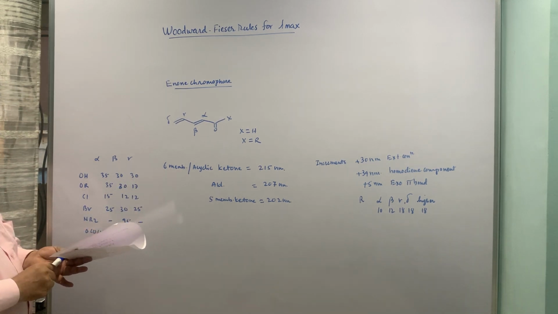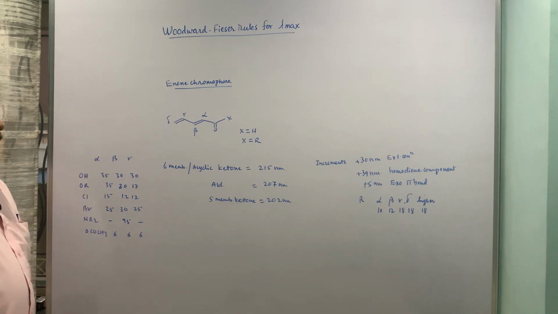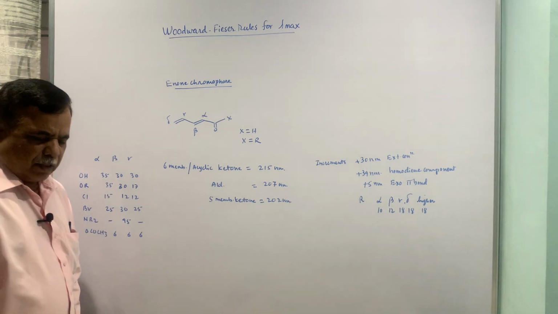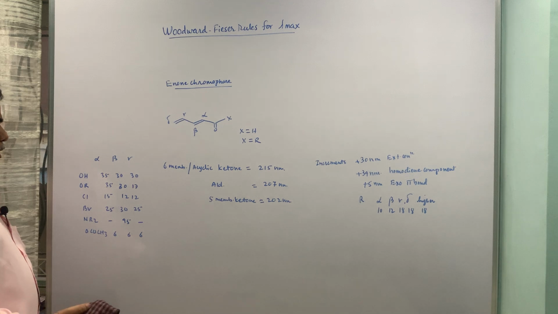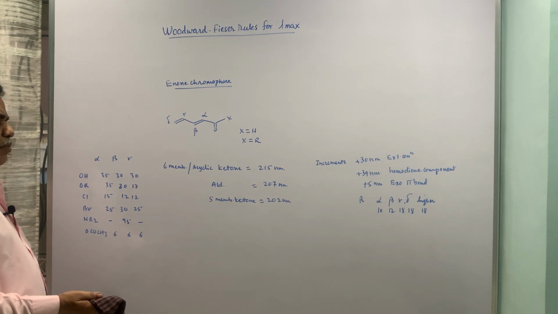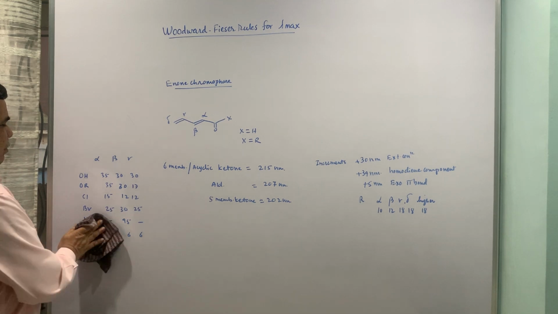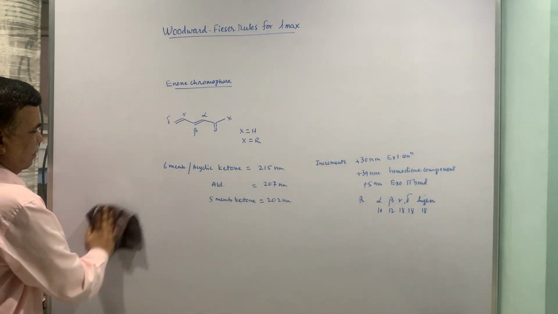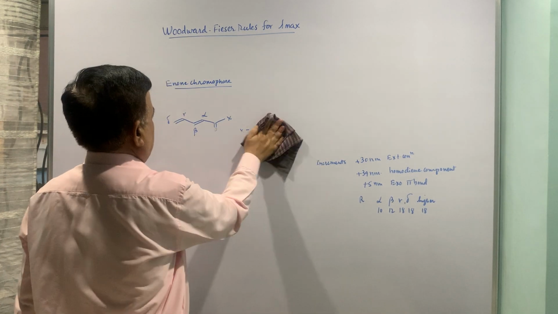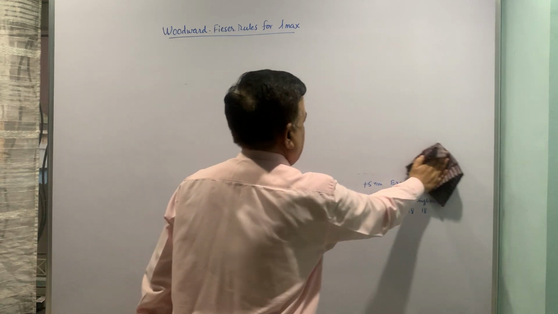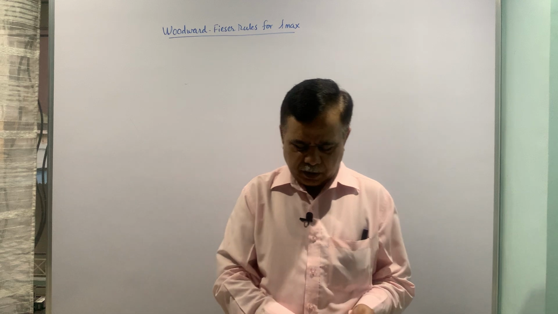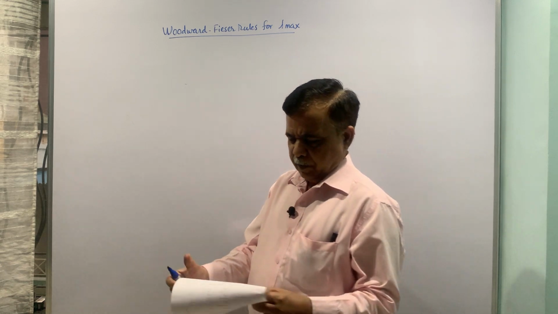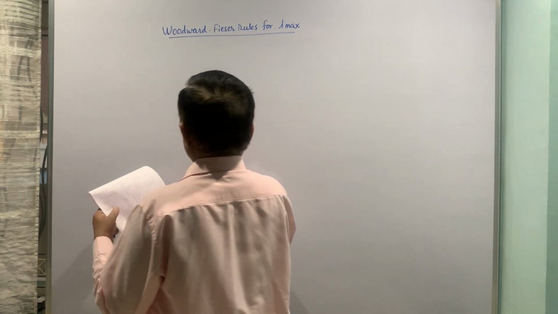Now we'll see some examples wherein you can apply these things and find out the values. Of course, once we are done with the UV and then IR, then combined problems on UV and IR are also there. So now some illustrative examples for this. Maybe 2-3 examples we'll have today.